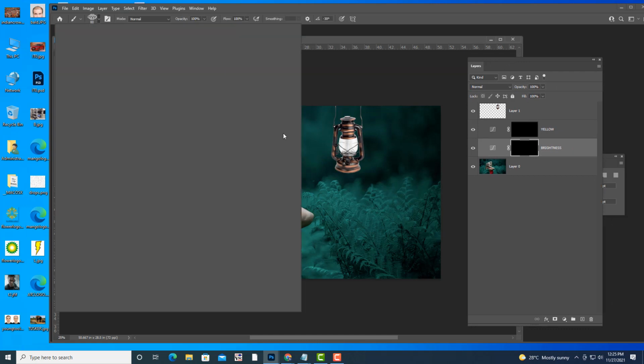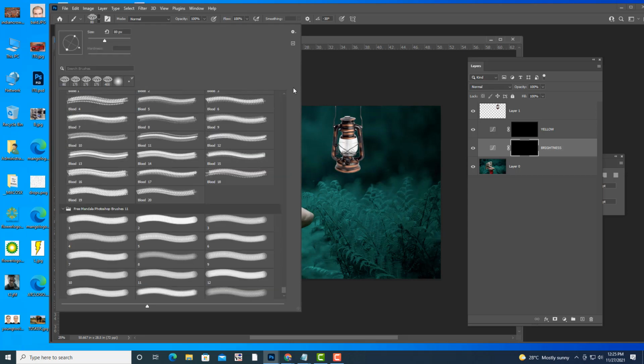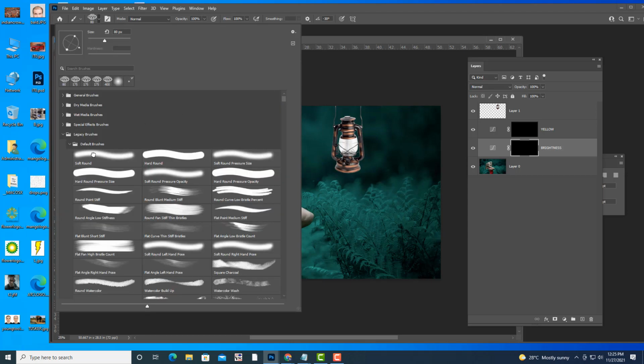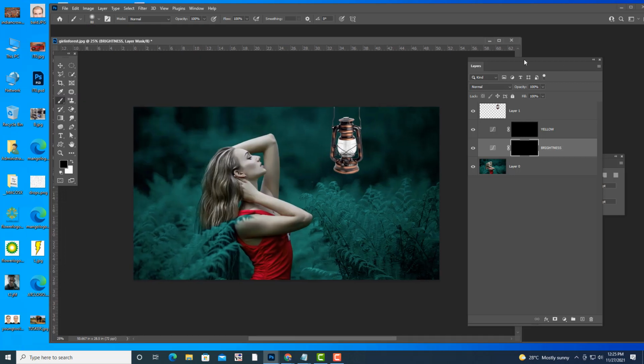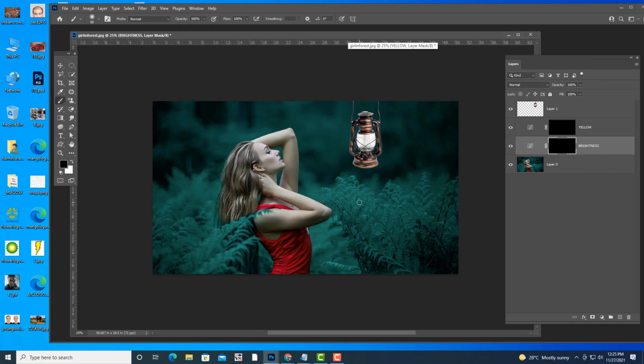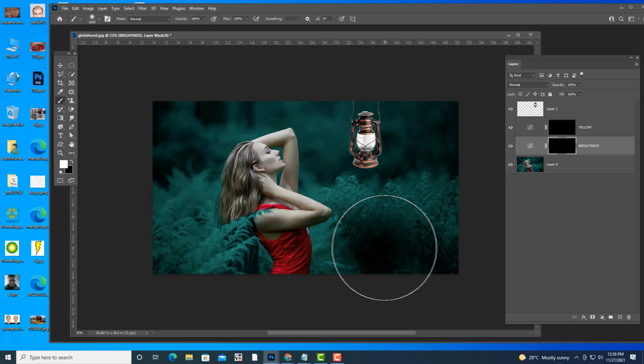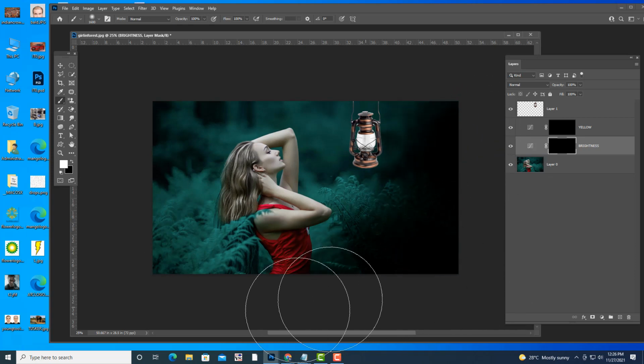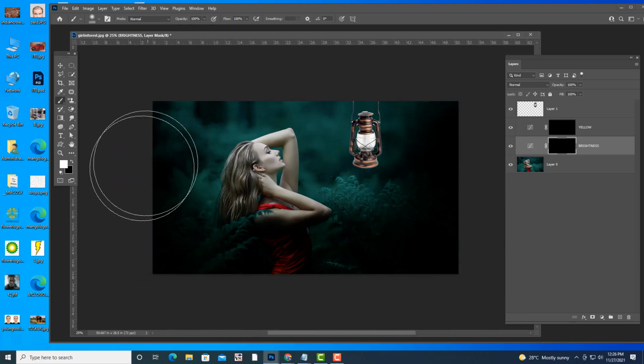Now I am going to take a brush. Which brush will we take? Soft rounded brush. Then I am going to paint outside, like this, for this thumbnail. Don't paint completely.